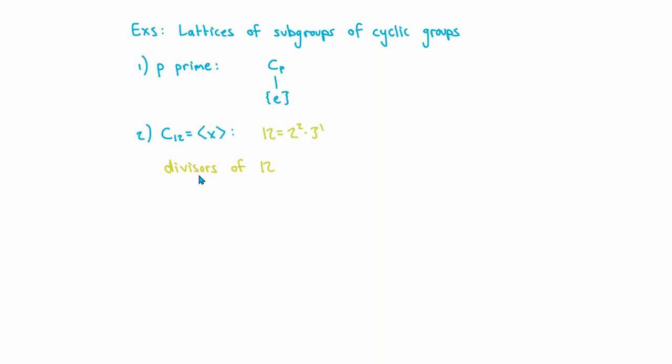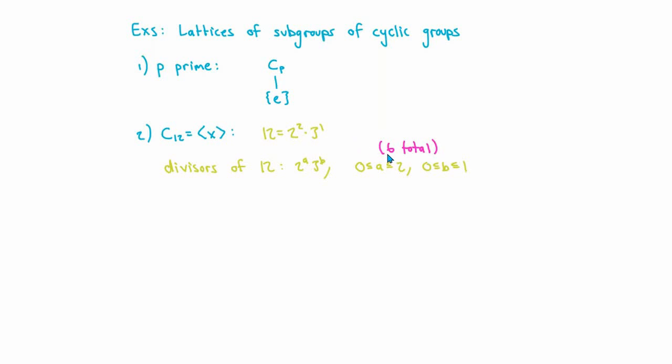And by the fundamental theorem of arithmetic, we can deduce from this that the positive divisors of 12 are precisely the collection of all numbers of the form 2 to the a times 3 to the b, where a runs from 0 up to 2, and b runs from 0 up to 1. Now there are 3 choices for the integer a and 2 choices for the integer b, and any different choice for either one of these integers will result in a different divisor, so the total number of divisors of 12